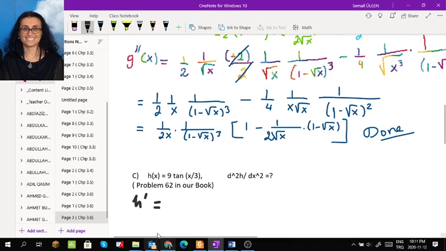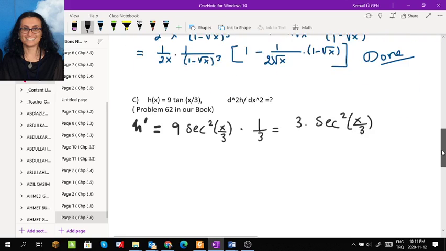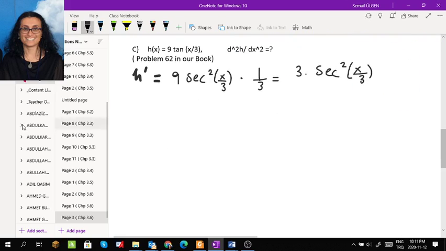H prime is equal to, what's the derivative of tan? This is secant squared, so it is 9 times secant squared, the inside function, this was the derivative of the outside function tan, times the derivative of the inside, which is 1/3. So the answer is 3 times secant squared x over 3. This is the first derivative, and I'm going to take the derivative one more time. And what's the second derivative here? The second derivative of h is going to be,